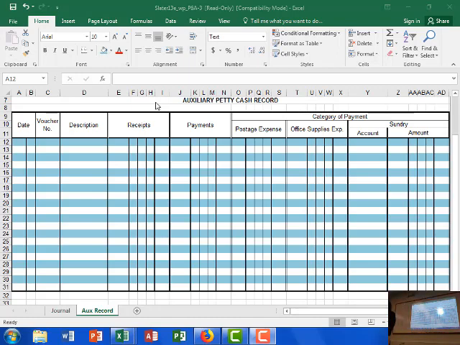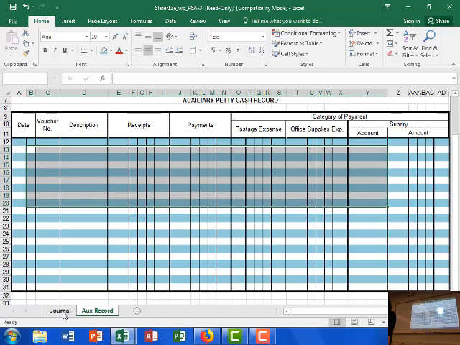So today, the other thing that we need to talk about is vouchers. This is basically going back to what I was telling y'all on Monday, where the book's going to give you the list of transactions. The one thing that'll give it away to identify what you're going to record in the auxiliary record is that it's going to say voucher number at the end of each transaction. Usually when it says the voucher number, you're going to know that it's going to be recorded in your auxiliary record and not inside your journal.